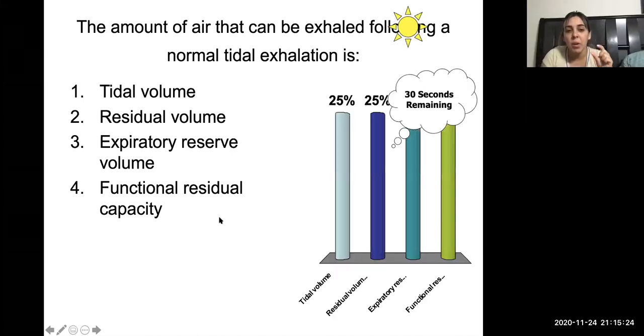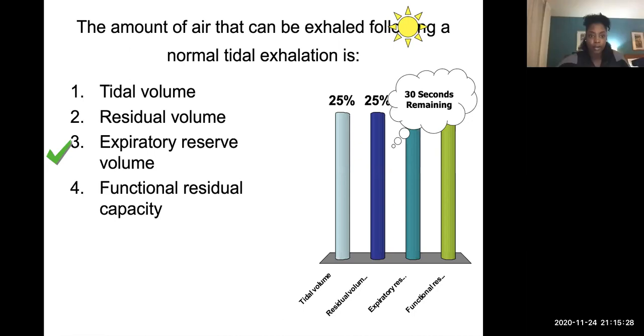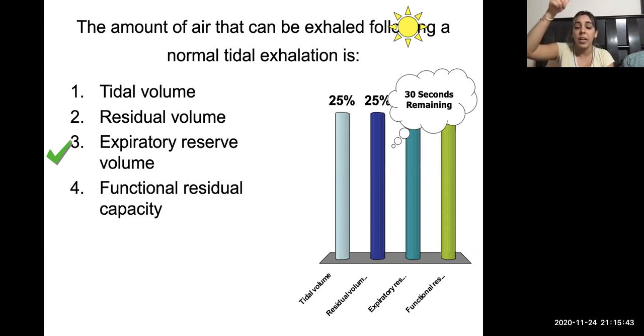So tidal volume, if I don't remember wrong, it's just normal inhalation and exhalation without energy. Residual volume, no matter what you do, you can't exhale it. Expiratory, it's anything above tidal volume. It could be expiratory or inspiratory. And then the functional residual, it was the addition of residual volume plus the expiratory reserve volume,